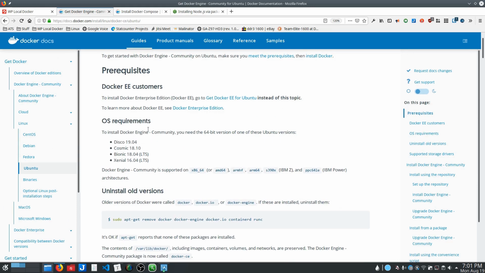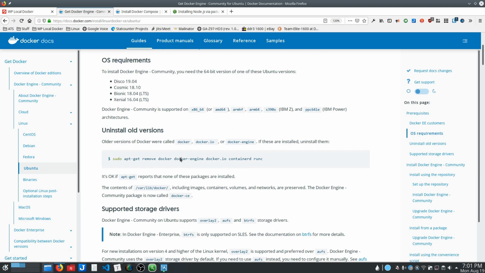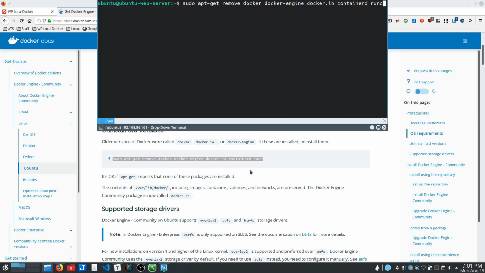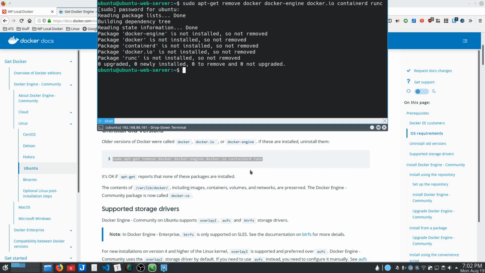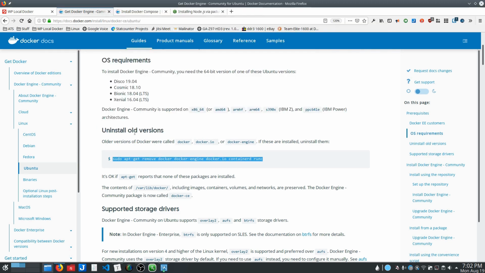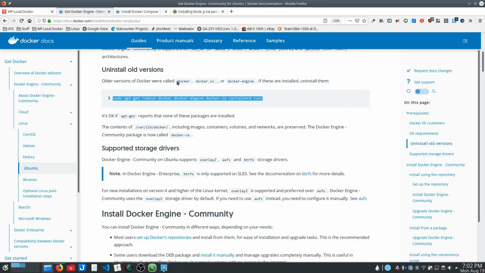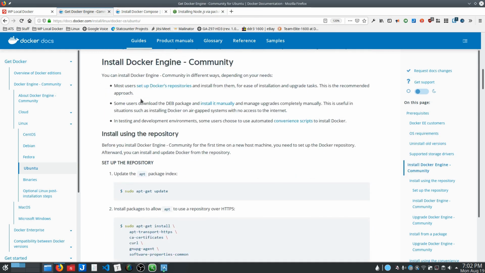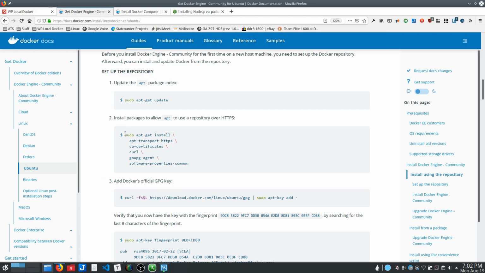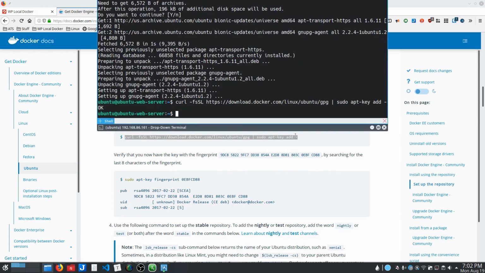I know that's not always a great idea, but this is a trusted source, and I've done this 24 times. So I know that these commands are safe, and I'm also reading them as I copy and paste them. So it's not like I'm just doing it without paying attention to what I'm doing. So, all right, Docker is not installed. That was the purpose of that: if there was a version of Docker installed, they don't want you to have a conflict. And so now we're going to set the repository, get the key,